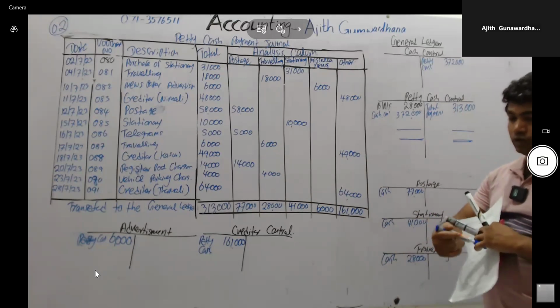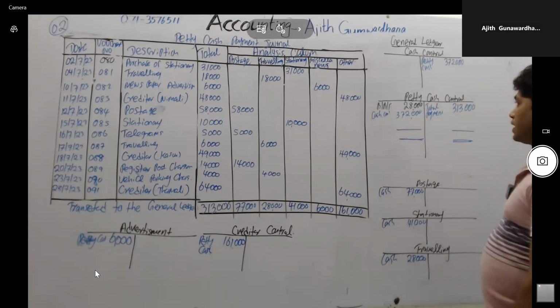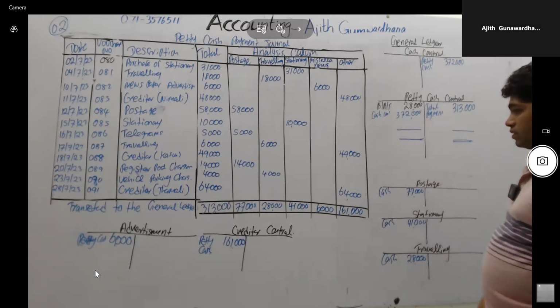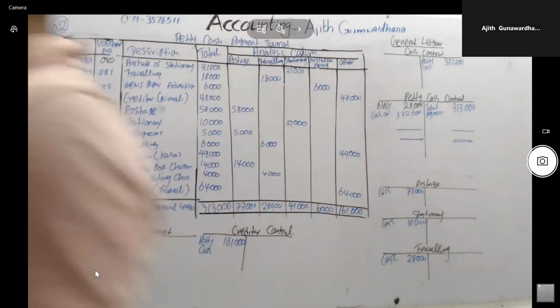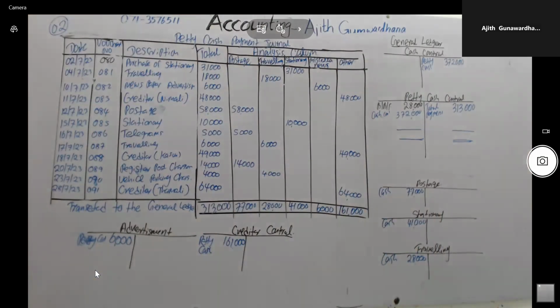Think reimbursement also. Reimbursement. In the petty cash control accounts, when we record this and calculate the petty cash control account closing balance, think about the reimbursement part also. Complete this. The petty cash control account can be prepared by another method also. If we want, we can put the total of the analysis column as well.